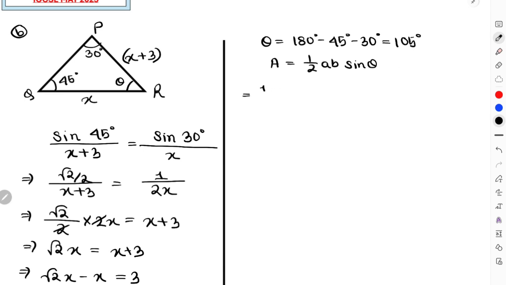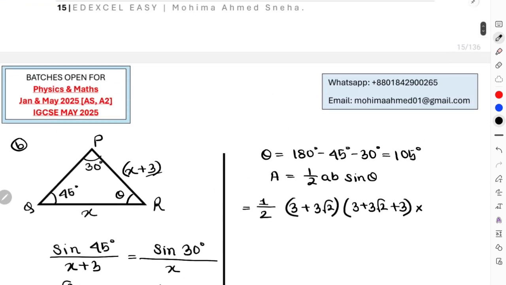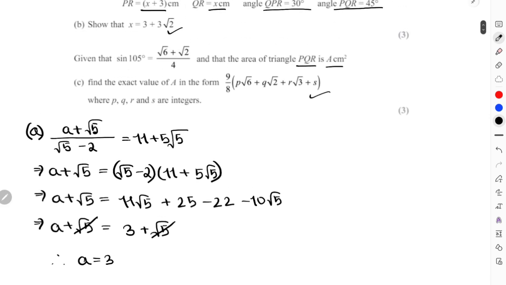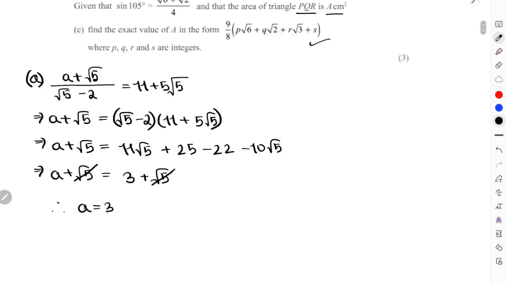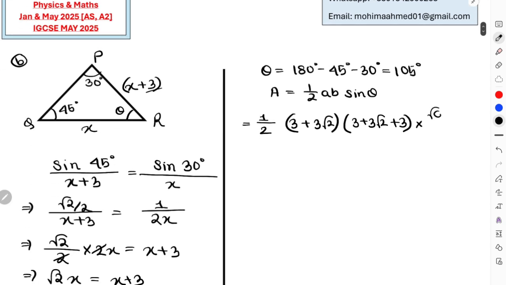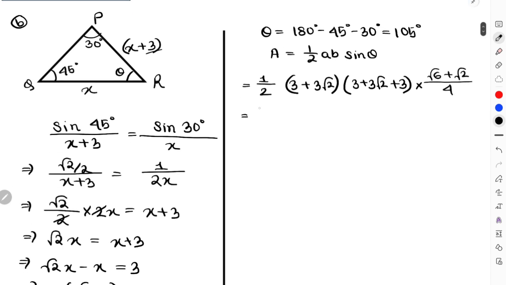So this will actually be half AB is 3 plus 3 root 2, then again multiplied with 3 plus 3 root 2, this is x, it was further added with 3, and then the value for sine theta was already given. This was root 6 plus root 2 over 4, so this is root 6 plus root 2 over 4, which now will be 1 over half, inside the brackets 3 root 2,